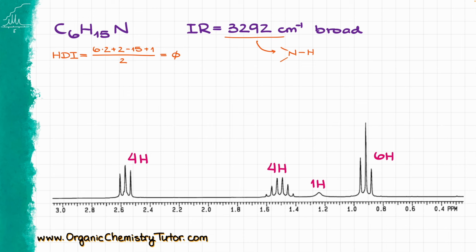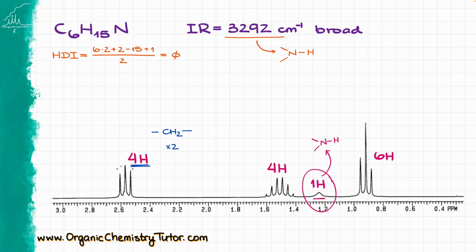And looking at my HNMR, one peak that jumps at me right away is this hydrogen over here that is a single hydrogen, and look at the shape of that signal. That is a relatively broad singlet, so that is going to be most likely our NH, so I'm going to indicate that right away. Now, continuing with my analysis left to right, I have 4 hydrogens over here, and obviously I cannot have a CH4 group, that would be just a complete methane molecule, so that's got to be 2 CH2 groups that are identical. So I have 2 CH2 groups, I will remember that I have 2 of those,